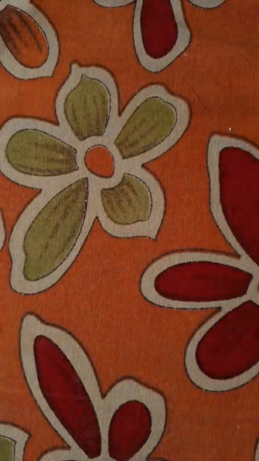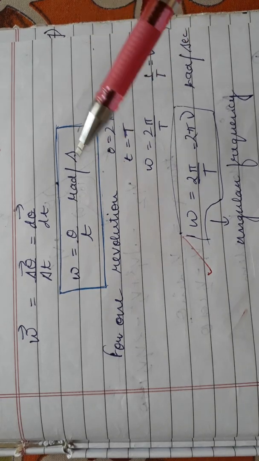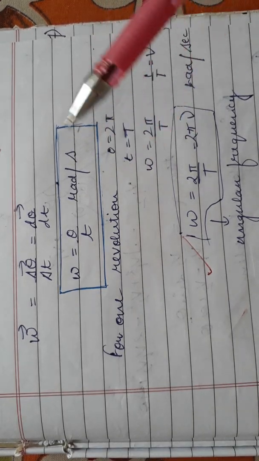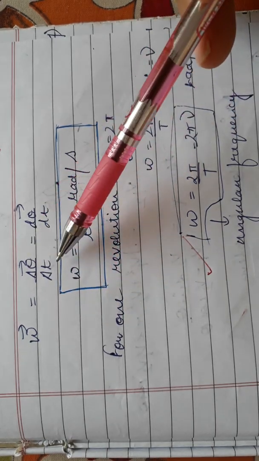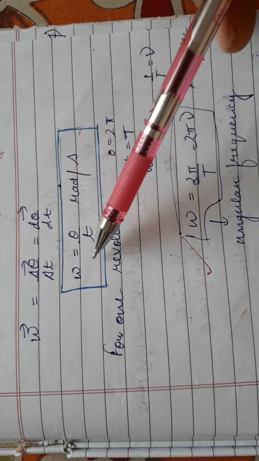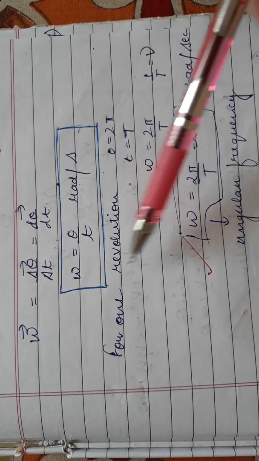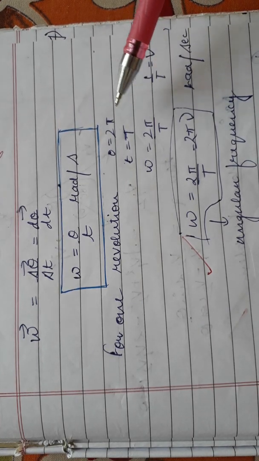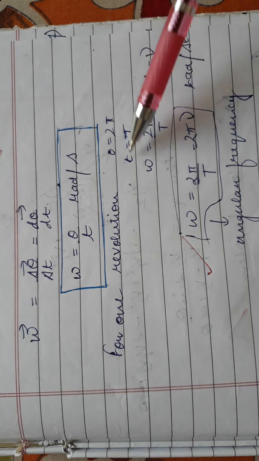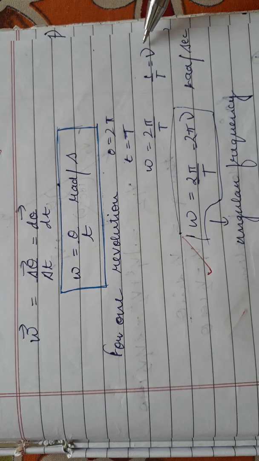So students, this angular velocity, which is angular displacement per unit time, and linear velocity are related. First I can write this angular velocity in different forms. Omega is equal to delta theta by delta t, or d theta by dt, or omega is equal to theta by t. If there is one revolution, you can easily understand that in one revolution angle theta is equal to 2 pi, and the time of one revolution is called the time period, T. So omega is also written as 2 pi by T, or 1 upon T is equal to nu. So omega is equal to 2 pi nu radian per second.